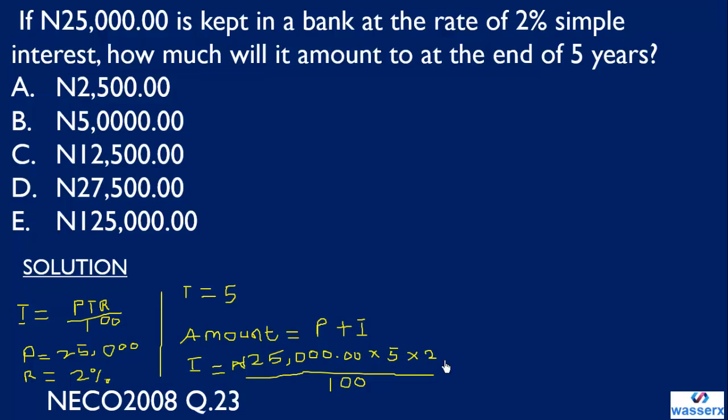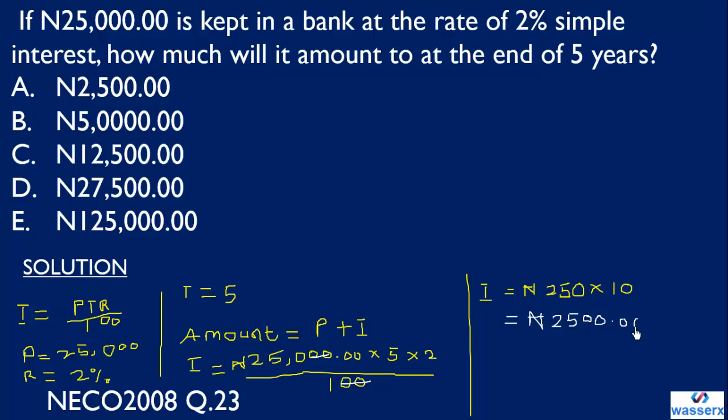So we simplify this to obtain the interest. So this will give us 250. So you know the 100 goes here, 250 times 10. So we have 250 times 10, which is